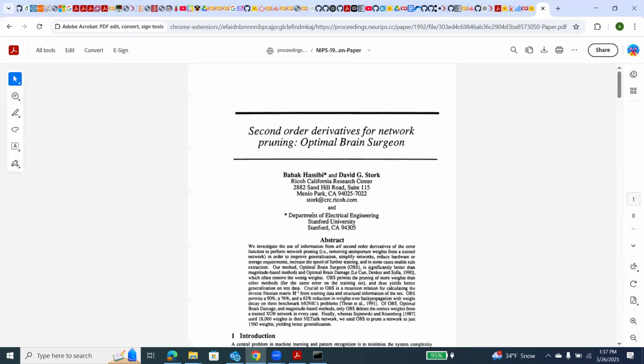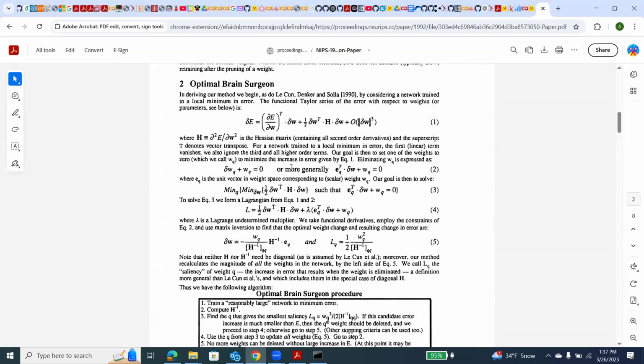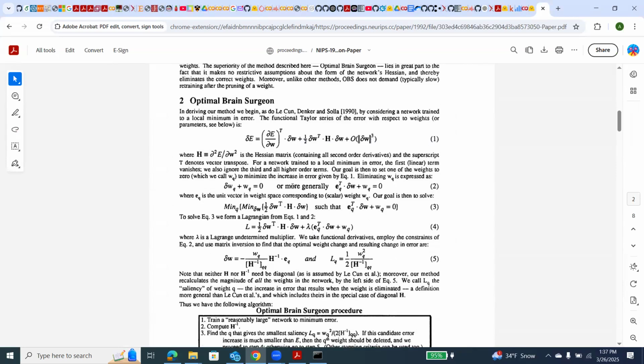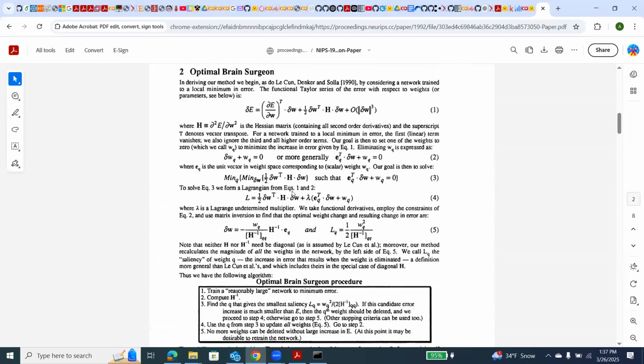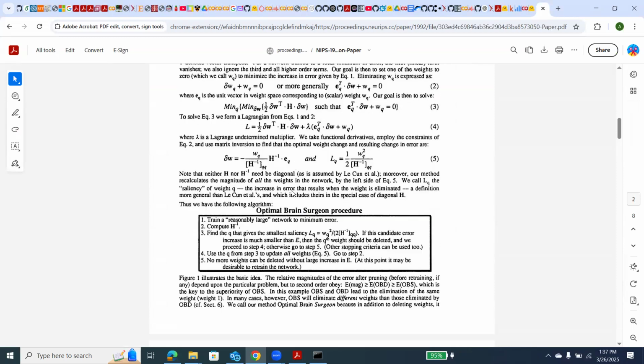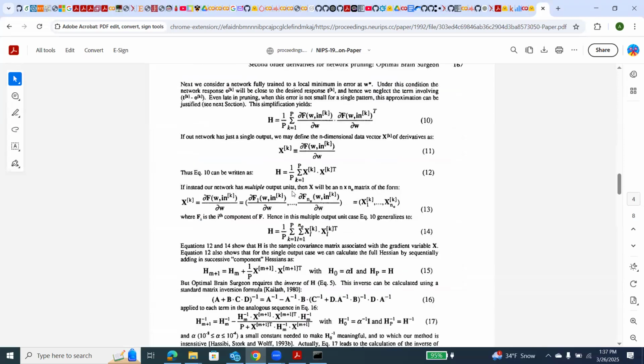Again, from the early 90s. In this paper, instead of just removing damaged neurons, they propose to sew in the damaged neurons. So that's why it's called Optimal Brain Surgeon. So the idea here was